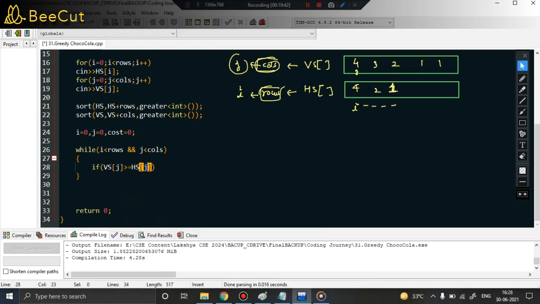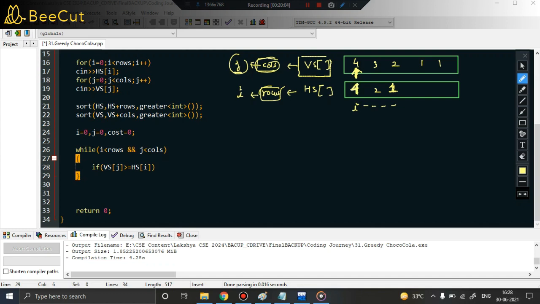Don't get confused, because my j pointer is keeping track of the VS array, the vertical slides. So if I find out that my vertical slide, this 4, is greater than the horizontal slide,